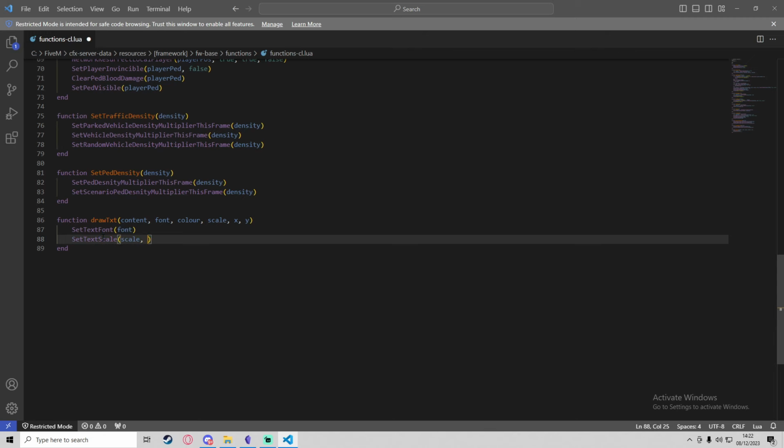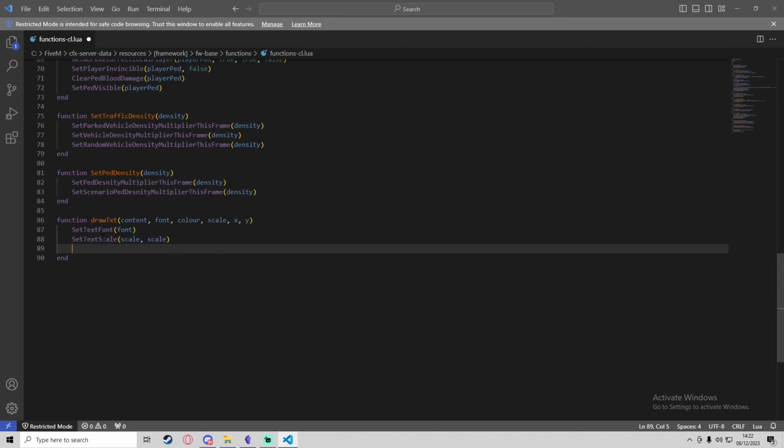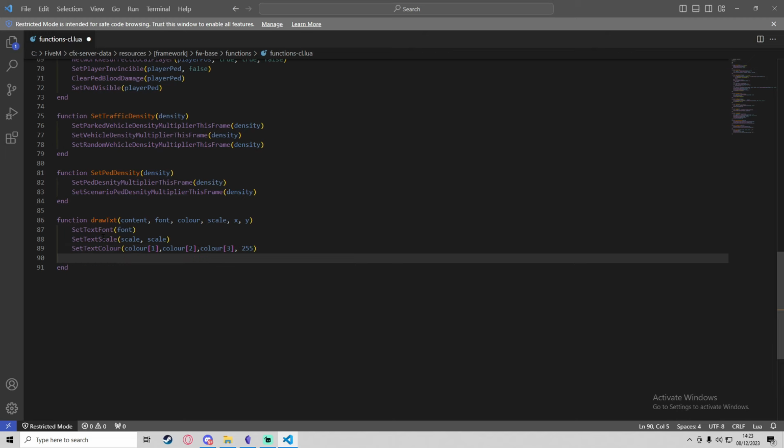We're going to do scale, so that's X and Y basically. We're going to do the same for both of them, so it's not super stretched in either direction. Then we're going to do SetTextColor. This will be color 1, color 2, color 3, and then the opacity, which we'll just do as 255, so it's fully visible. And then SetTextEntry, string,